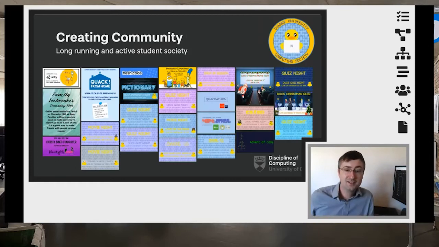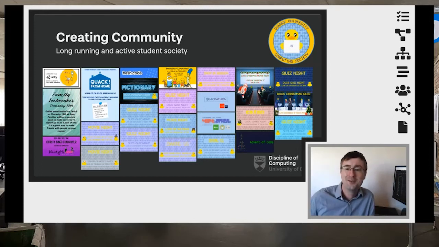This is a list of all of the different activities that our community took part in last year, and all of the different activities that the Dundee University Computing Society, or DUCS as they're called, ran for our students. You can see here that there's a combination of quiz nights, drop-in sessions for people that are having trouble with coding, masterclasses in things like Unity, Photoshop, movie nights, and we also ran a large number of other activities like our famous, is it called the Quackathon?